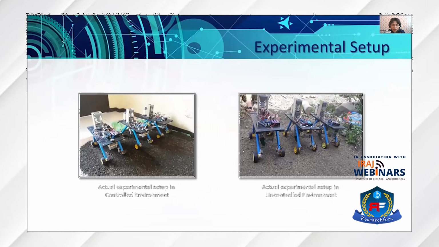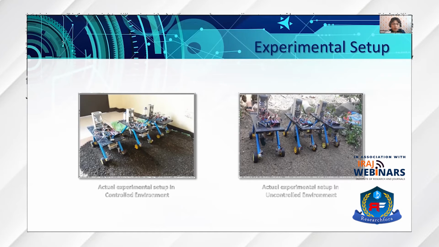So the actual test was conducted in controlled as well as uncontrolled environments, and the type of soil used was light loam sandy soil. For the controlled environment, the researcher built a miniaturized garden made of plywood, which is enough to hold the soil. Environmental factors such as uneven grounds, stones, etc., were not employed in the miniaturized garden